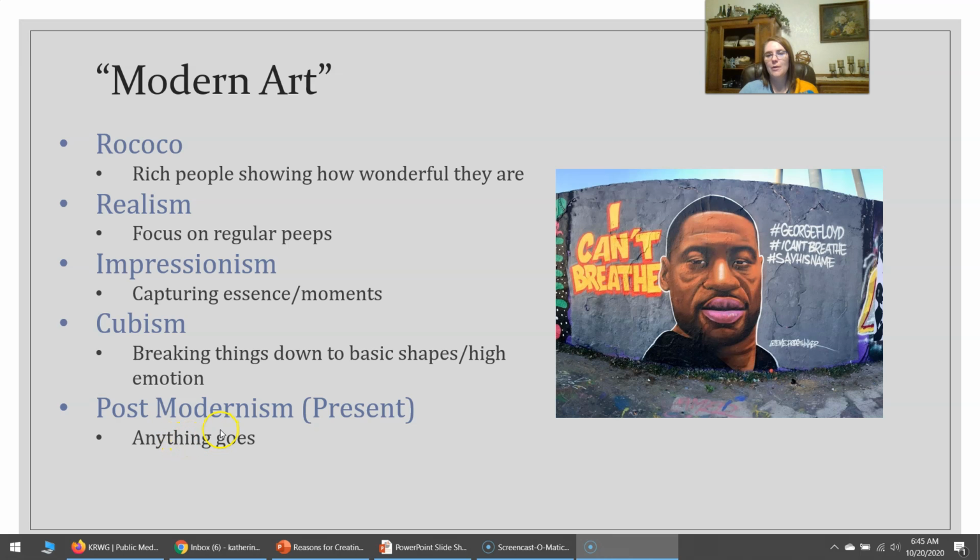Like, you could do whatever you want in art. I picked this because I feel like it's an important message of our time period. It's, of course, George Floyd, and this is painted on a wall. So this would be considered graffiti for a lot of human history, but now we're recognizing that folk art created by the common man is important and beautiful and has meaning. And so we just have a lot more things that can be considered art in our time period,